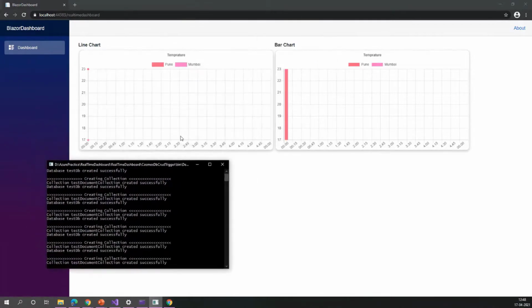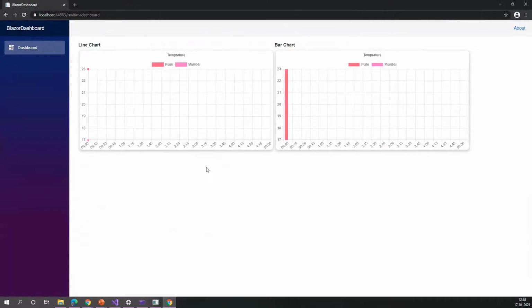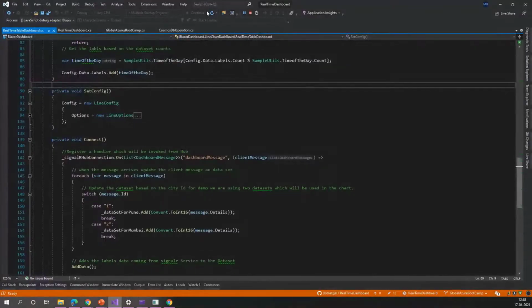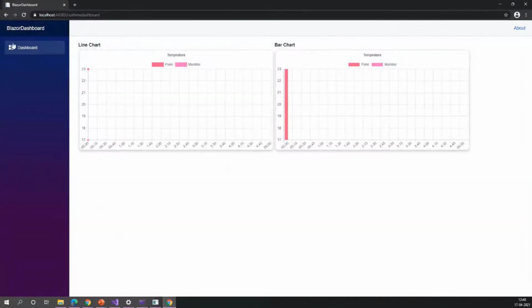If you see here, our charts are updating. What happened? Let me just disable all the breakpoints and refresh it once.